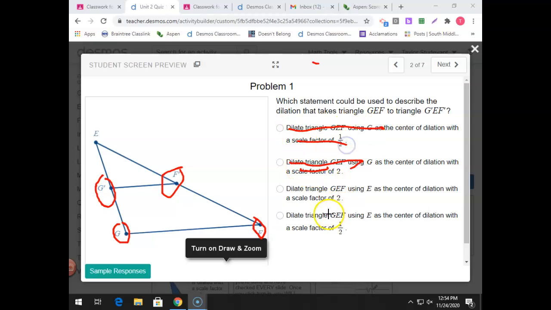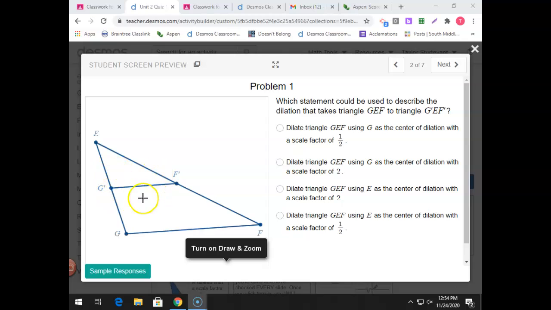You can also see this was our original one, and I'll highlight it. You can see that's the bigger one. So to get smaller, you would have to do a dilation less than 1, so that would be your answer. Okay? Just a few other things I want to go over